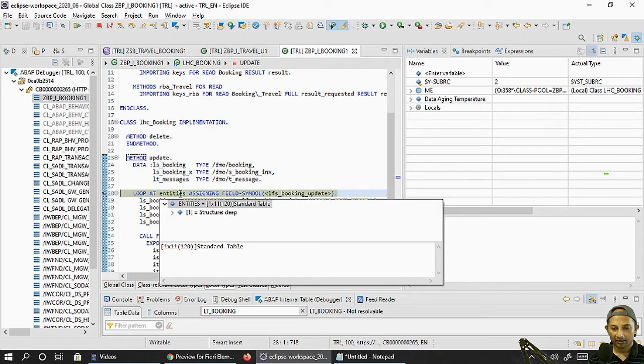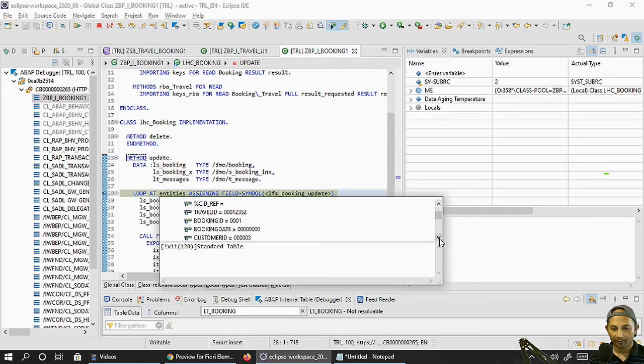Entities, you see, it has the CID reference, and in the same symmetrical way its data is being populated. All the information, booking date and customer number become 3. The rest, flight date, flight price, are all 0, because I have not changed them.